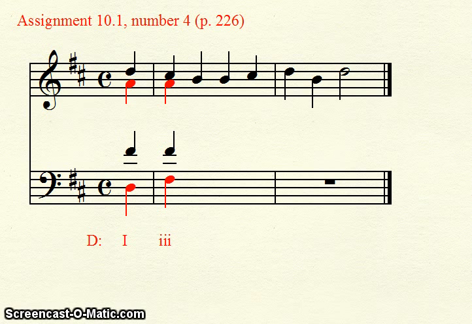Here's another example of harmonizing a melody. This melody is a bit longer than the first one, and we again have the first two harmonies given. Okay, so we'll look at the notes in the melody. We're in the key of D major, and decide what chords could be used to harmonize each one of those